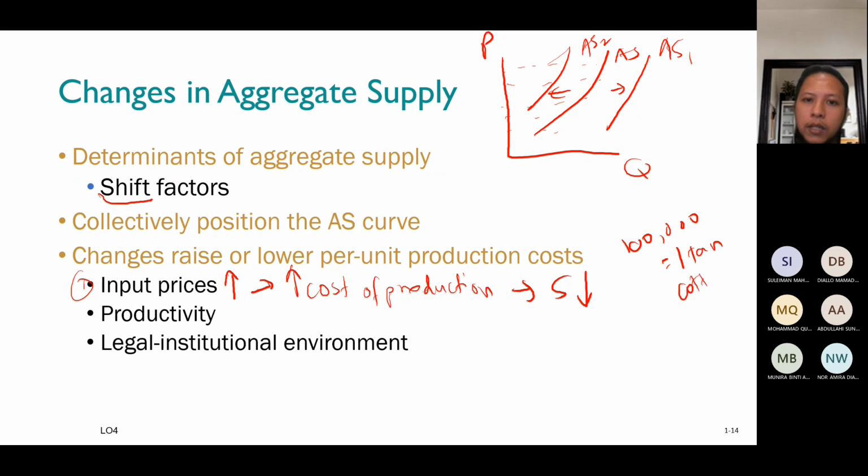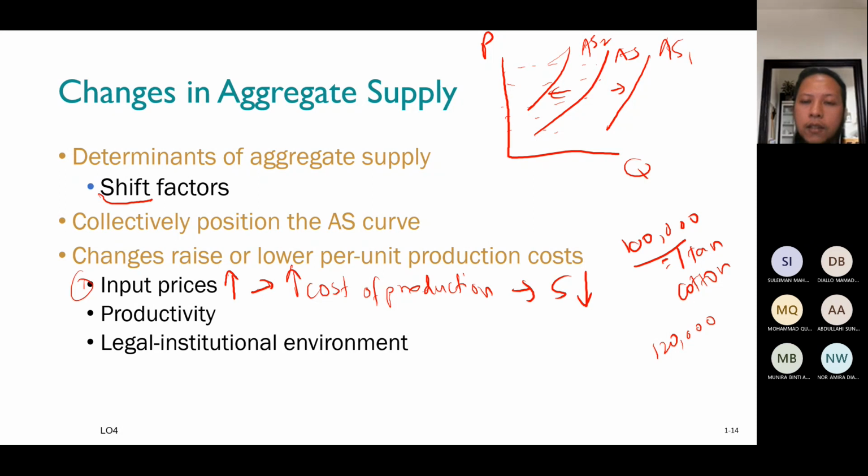But now suddenly the price of 1 ton of cotton increased to 120,000. So now you cannot buy 1 ton of cotton, but maybe 0.8 or 0.9 tons of cotton